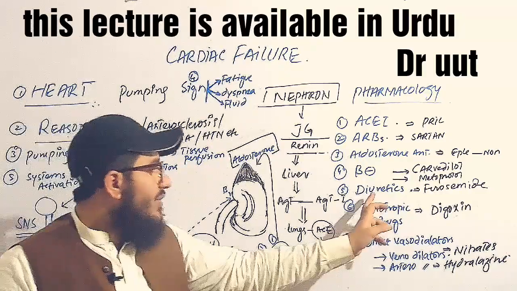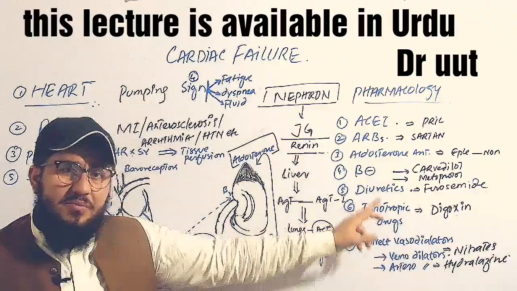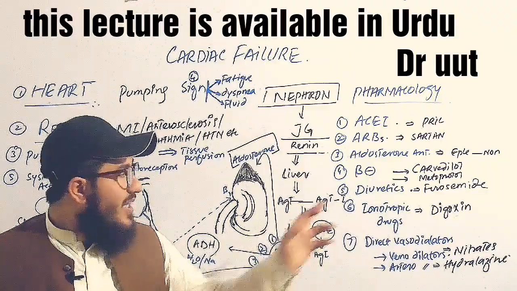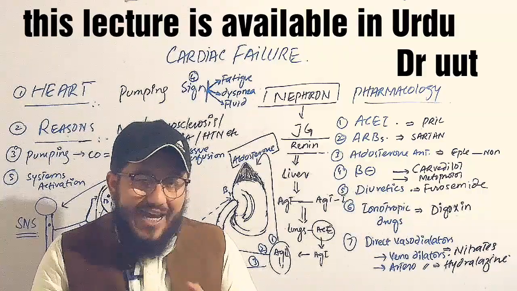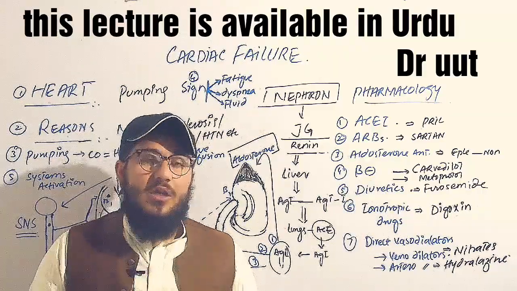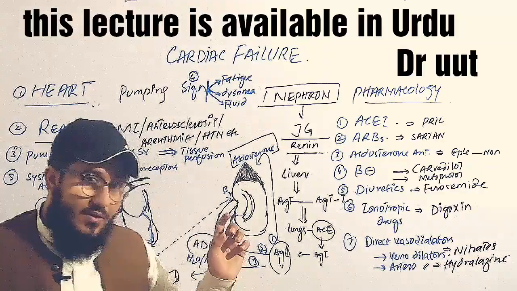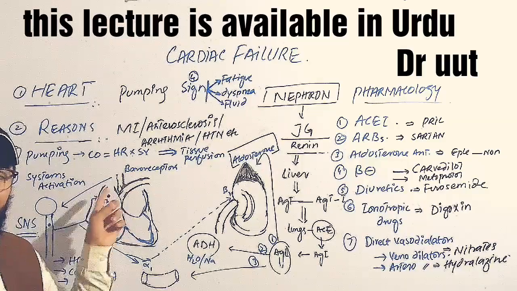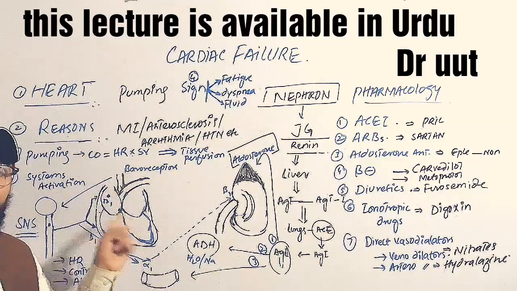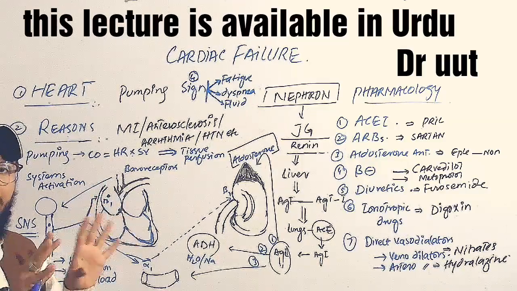And we have the next one, called diuretics. You can imagine from the name, diuretics means urination. They are increasing the urination. Like this, the blood volume will be decreased. When the blood volume is decreased, they decrease the venous return, and they also decrease the preload on the heart. And like this, the stress on the heart is maintained.